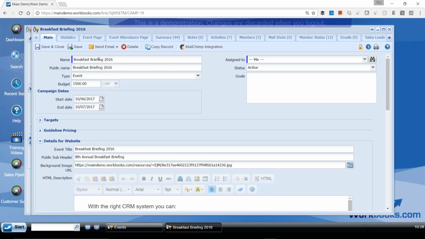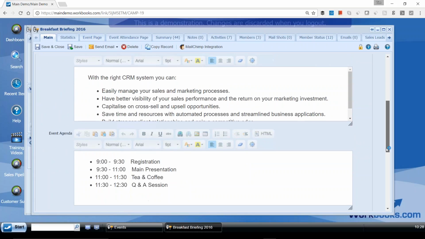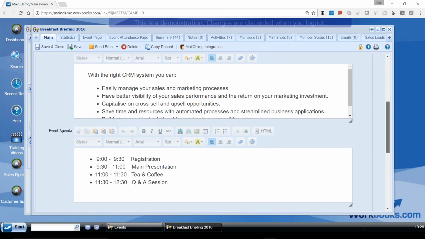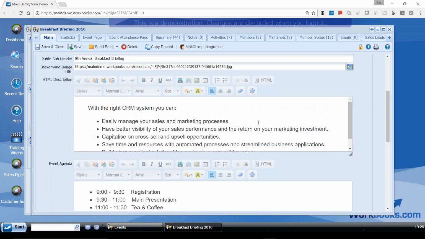So when you send out that invitation email, and there's a little link on that email to invite someone to see more information about your event and then register for the event, that could be a web page that's created and maintained by Workbooks. And your users can have a very simple way, without any knowledge of HTML, without any knowledge of how websites work, of updating information on that website with information about the background of the event and an agenda.